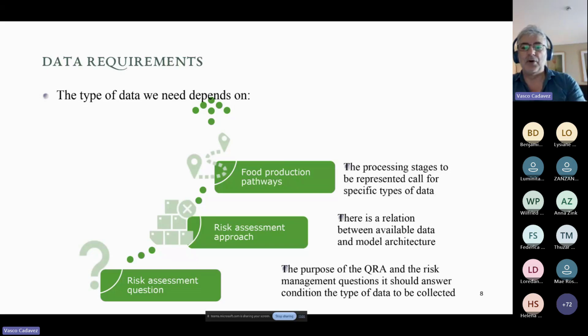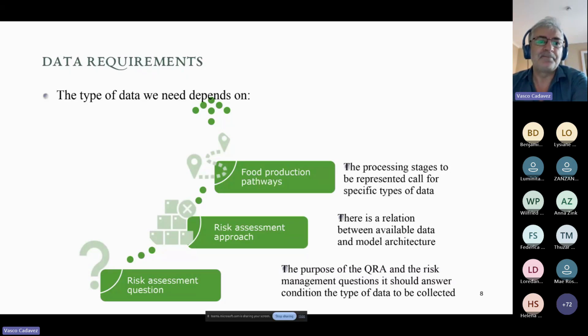How you will model the process according to your risk assessment question, and of course you can identify the food pathways. So these food pathways can be divided in stages that can better represent all the specific type of data according to the situation that we are dealing with. If we have growth, if we have inactivation, if we have cross-contamination,